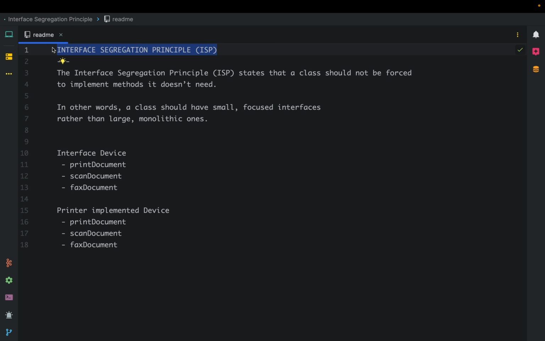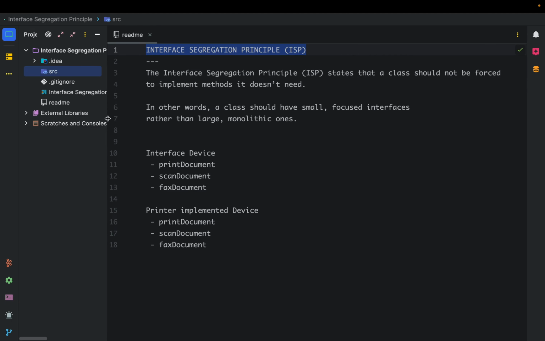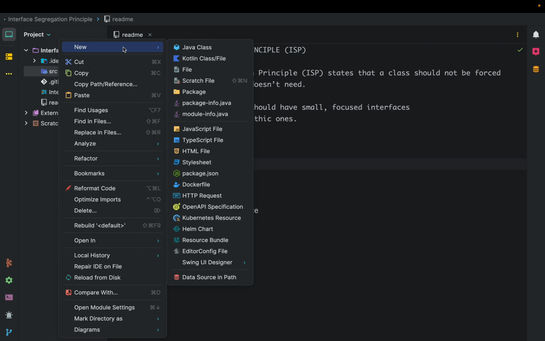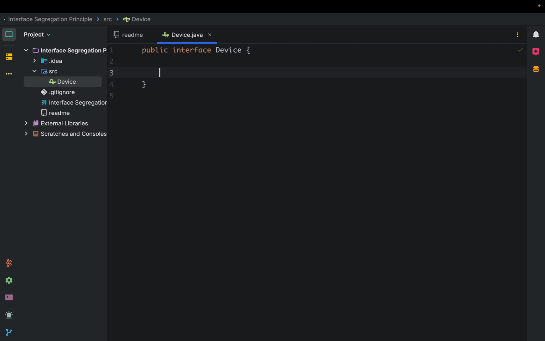Let's try to understand this concept through an example. Here I will start the example with the same scenario. For example, I have one interface, that is Device, and the interface has